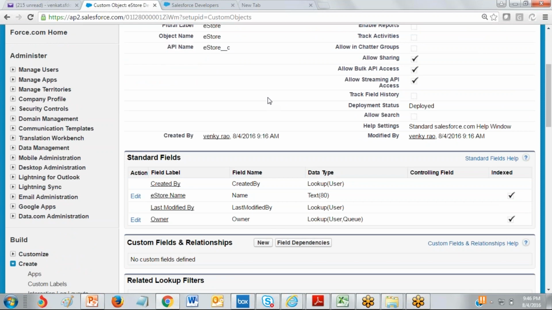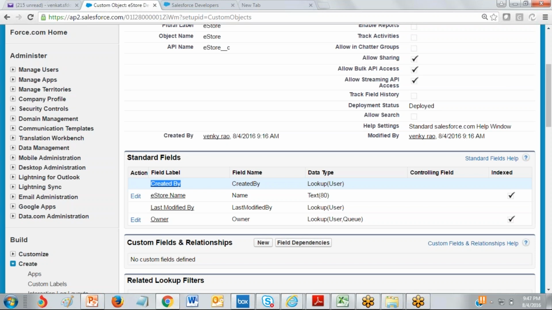As this is a cloud-based application, whenever you create any object, by default three security fields, also called system fields, will be created for that particular object. That is Created By. What is the purpose of Created By? Suppose some user enters some data in this object, his name will be stored against that data, from a security point of view.